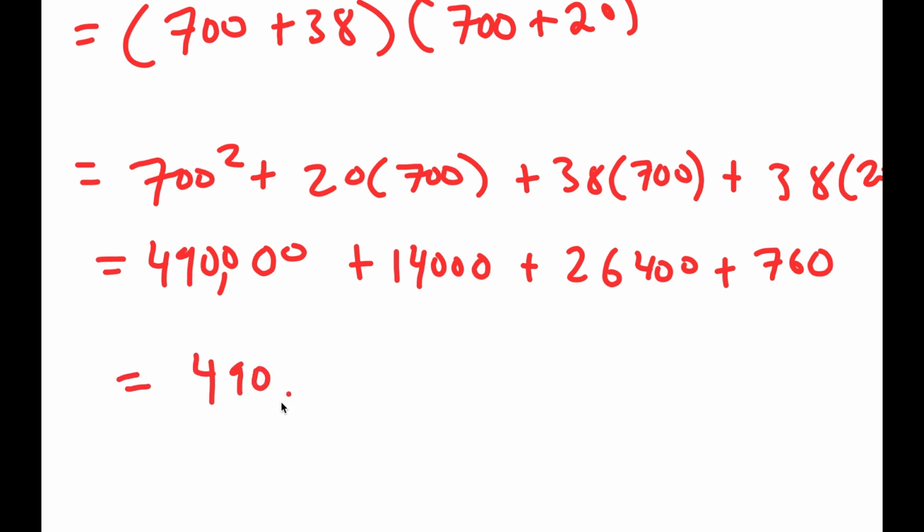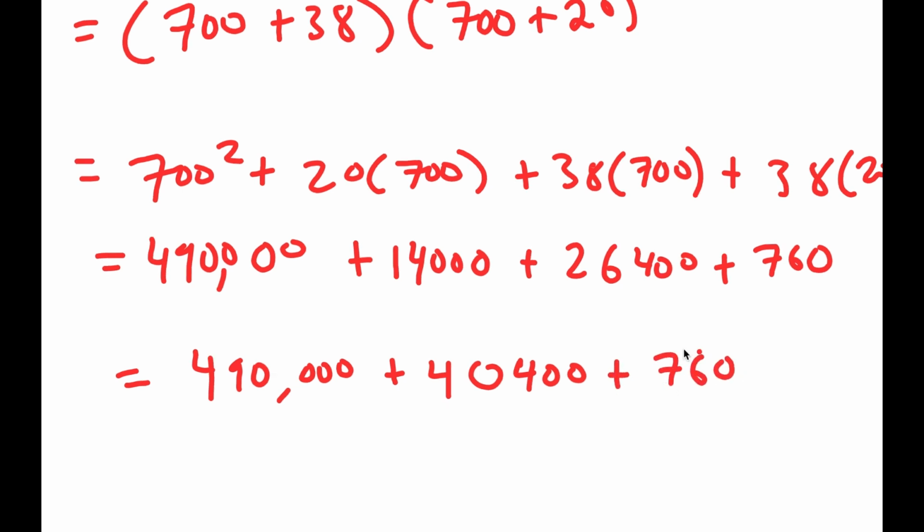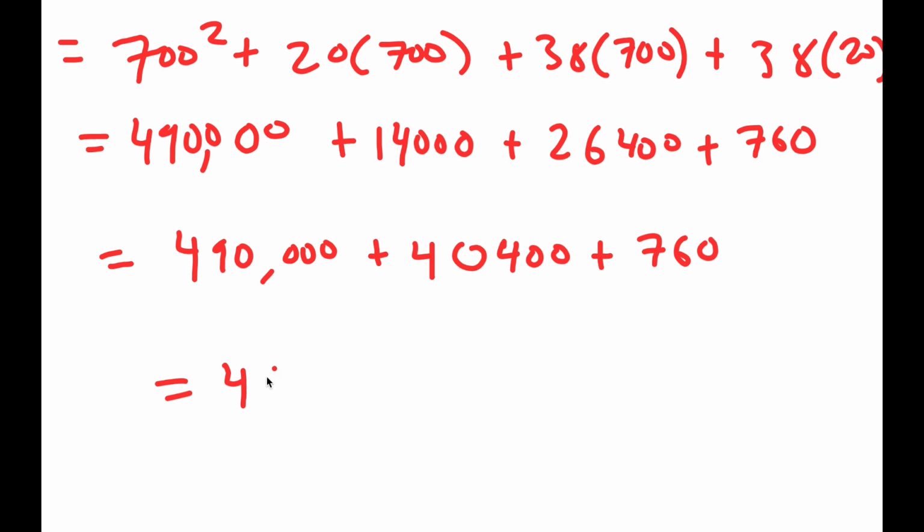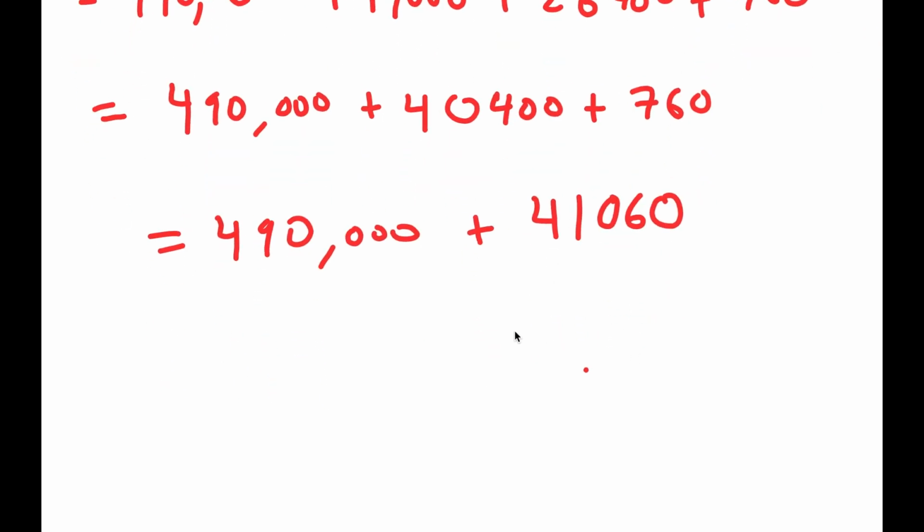Now this is equal to 490,000 plus 40,400 plus 760, which is equal to 490,000 plus 41,060, which is equal to